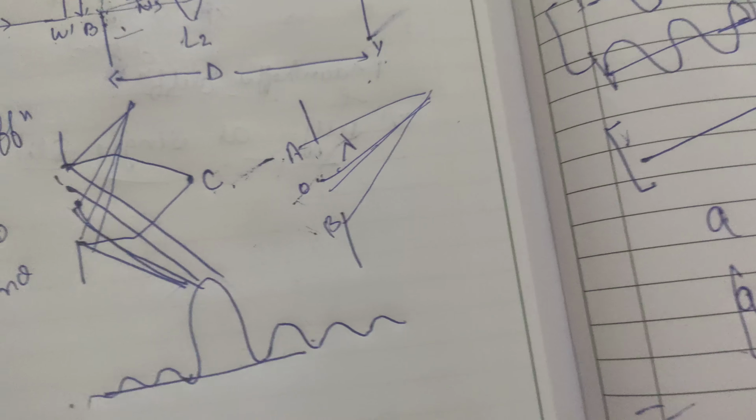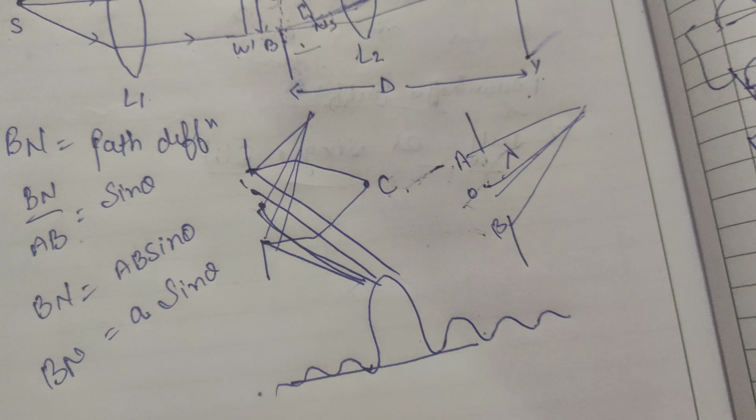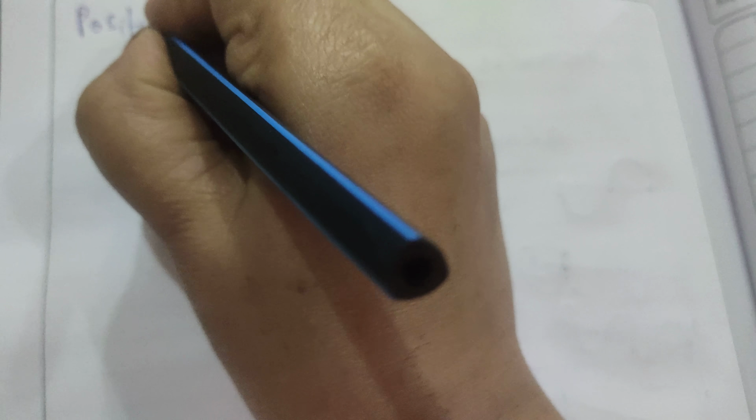Similarly, we can understand the concept of constructive interference, or the position of the secondary maxima. Position